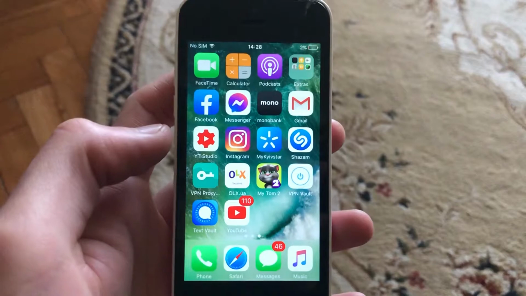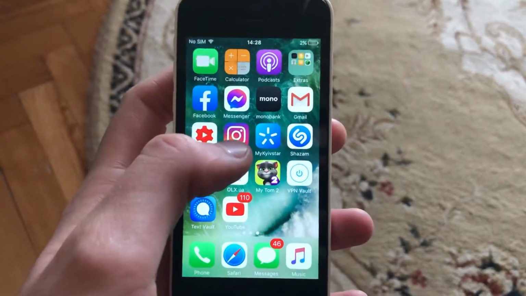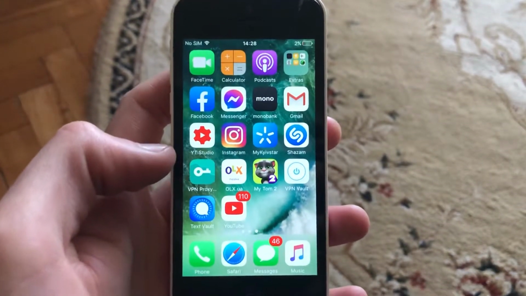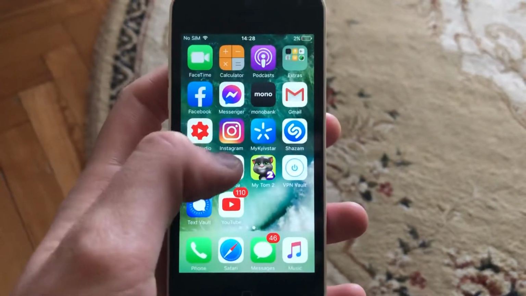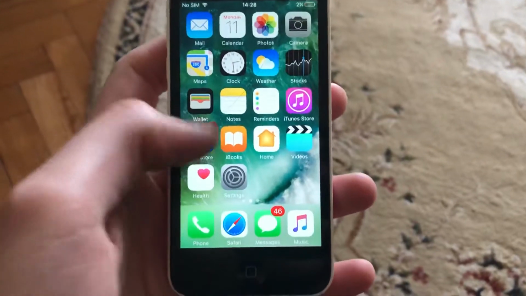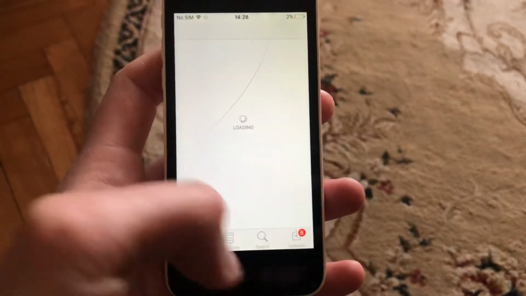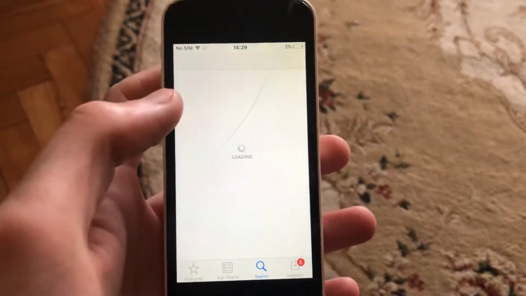First thing you can try is to close your Instagram app and just open it again. And if it doesn't help, if you still have the error, you can also just try to update your Instagram app. So just open App Store, just go to the search tab. In the search tab, just write here Instagram,